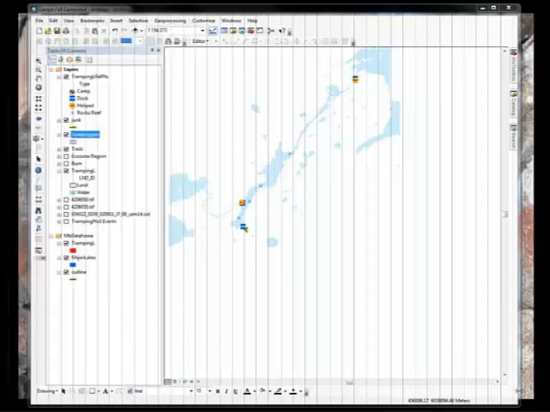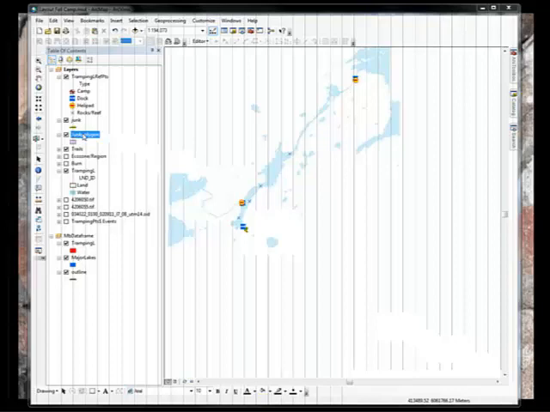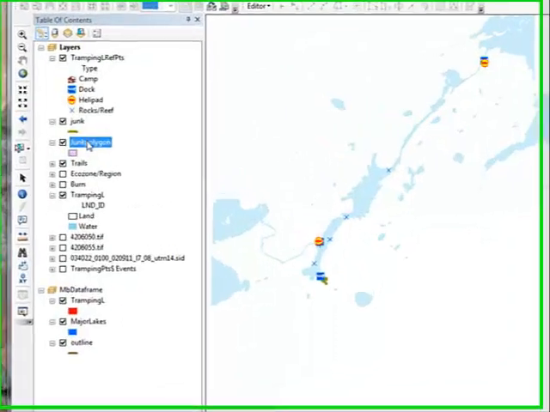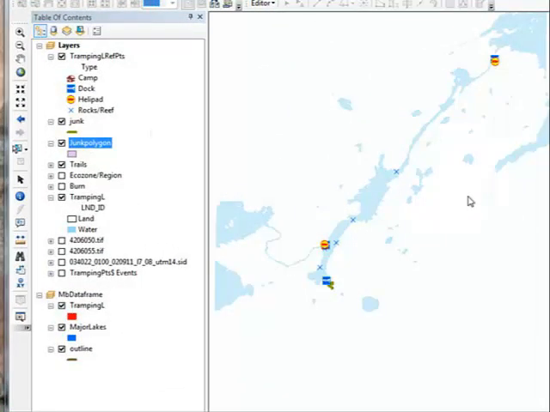In this ArcMap demonstration, we're going to show how to edit a polygon layer, or how to create a new polygon in a layer. To begin with, we have a polygon layer here in the table of contents. It's empty, there's no data in there. We're going to create data in it or build it. And in this layer we're going to outline a burn that exists over in this area,